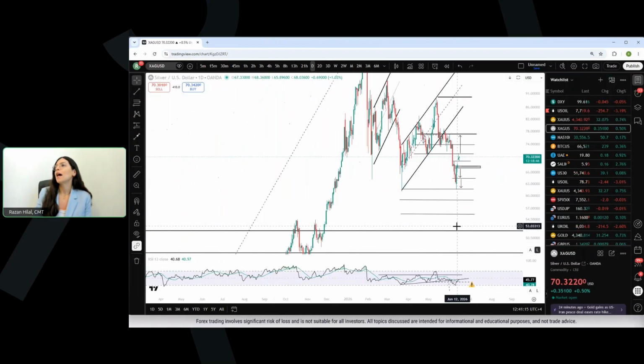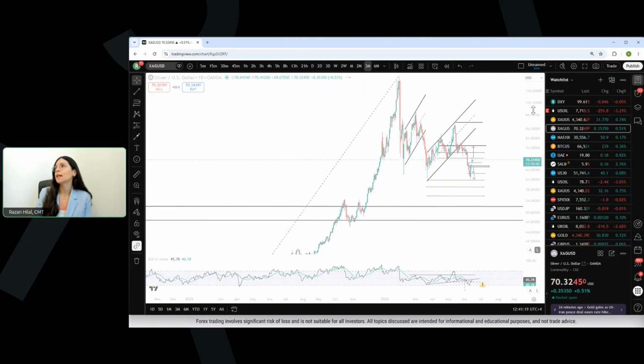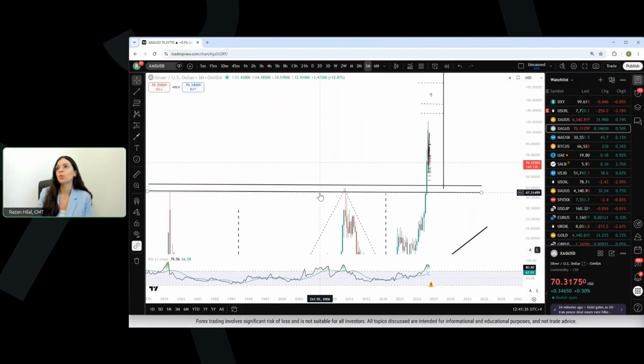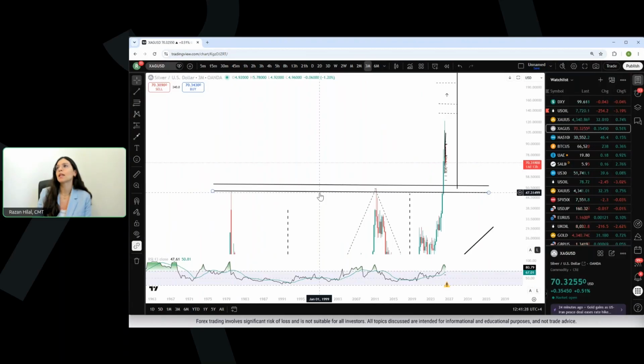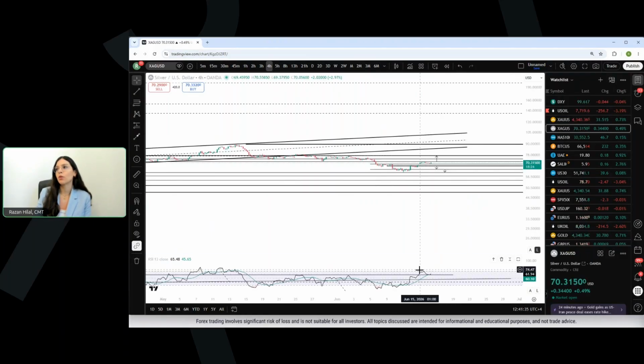59, 55, and the $50 to the $48 zone, aligning with also a multi-decade previous resistance turned to a support spanning from the highs of the 1980s for potential long-term bullish positioning on the silver chart once again. Now, the bearish inclination comes from the monthly time frame, of course, from short-term perspective from the 4-hour overbought risks as well. These are the key levels on the silver chart.